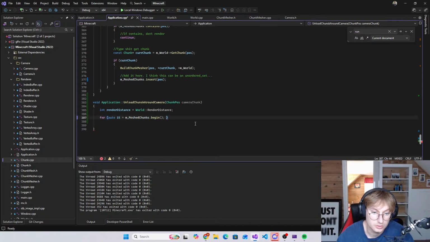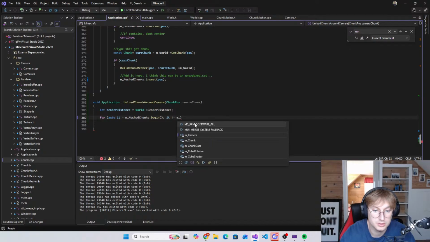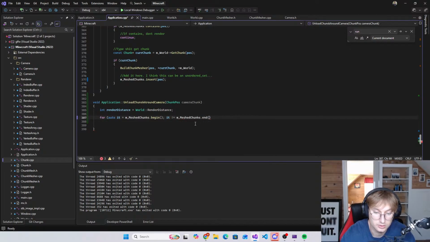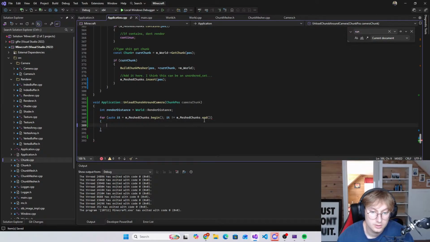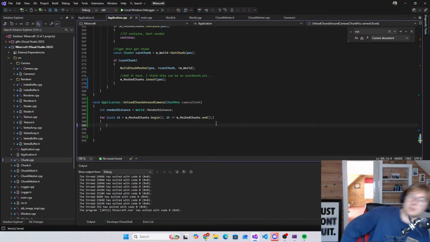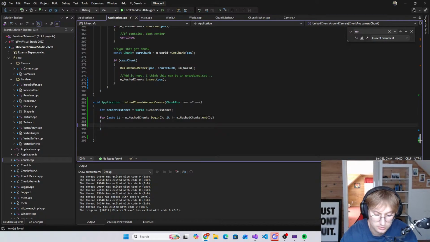Okay. Or it begin. It does not equal m_meshChunks dot end. What am I missing here? I'm missing a colon. Where is this here? Okay, yeah, so there's apparently a colon here. Okay. Cool. So if we loop through and we don't reach the end of it, right? Now, why does an iterator use .end again? I don't remember why. I'd actually like to know. End is a past-the-end sentinel value marking the boundary of a container, to safely terminate the loops. Okay, so